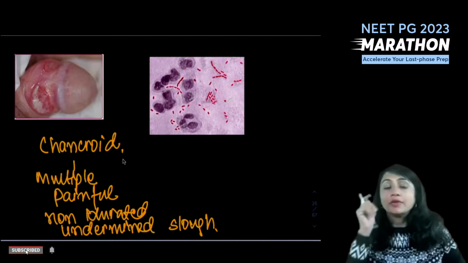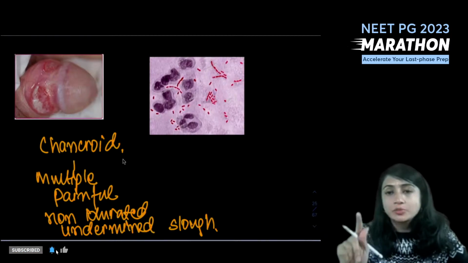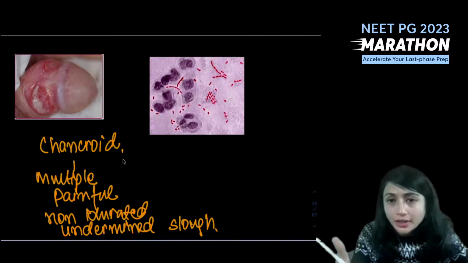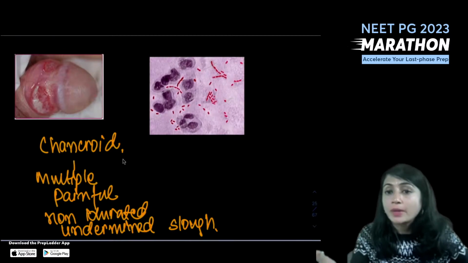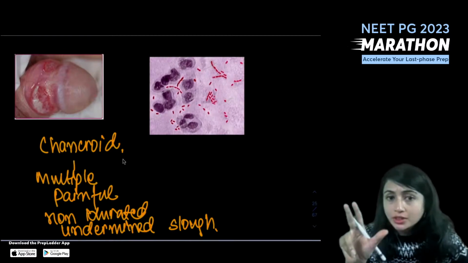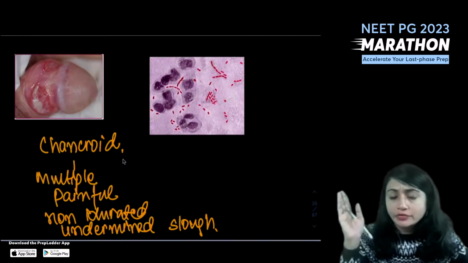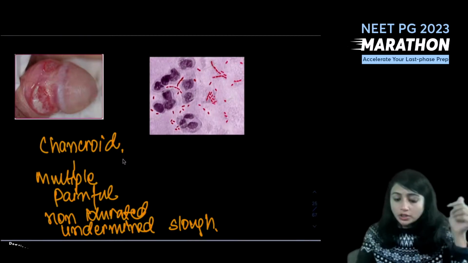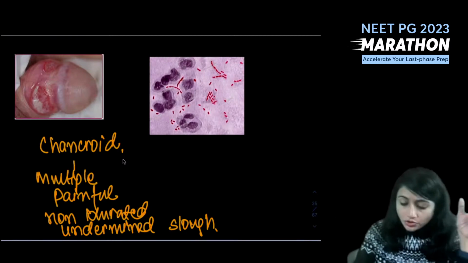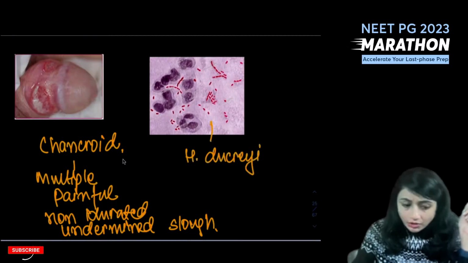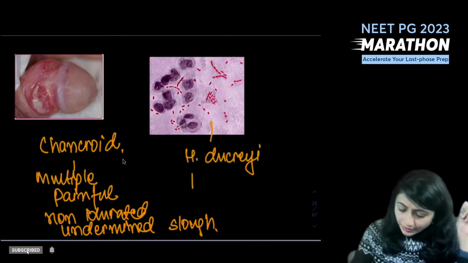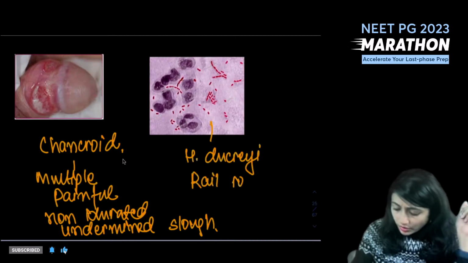So here again, where do you see undermined edges in dermatology? You see it in chancroid, you see it with TB chancre, and you see it with pyoderma gangrenosum. So 3 conditions. So undermined, you think of these 3 conditions. Then sometimes they give you an image. What do you see here? You see Haemophilus ducreyi, which is the causative organism, which forms railroad track or